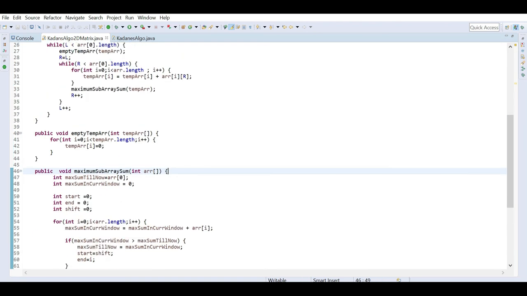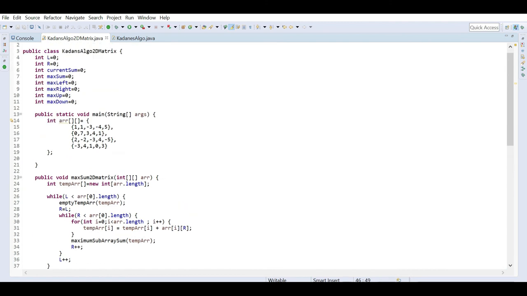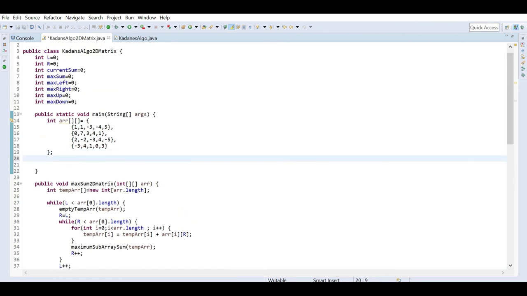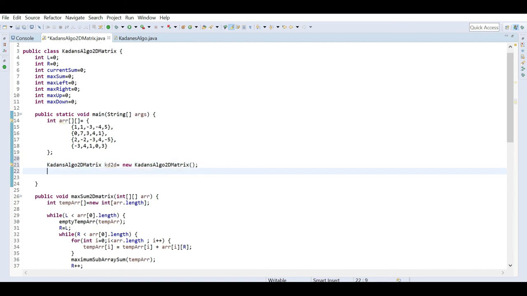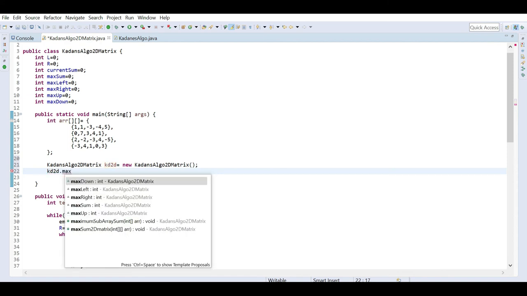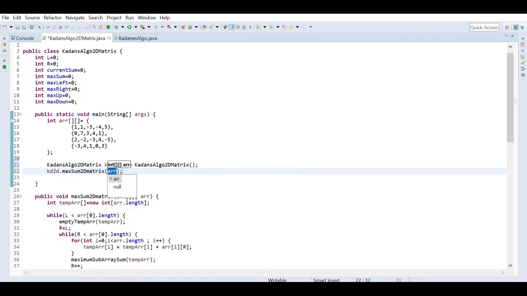We have completed it. The only thing is we have to call it from here. So we can define this object Kadane algo, maybe kd2d equal to new Kadane algo, and then kd2d dot max sum to matrix, and there we can pass this array.